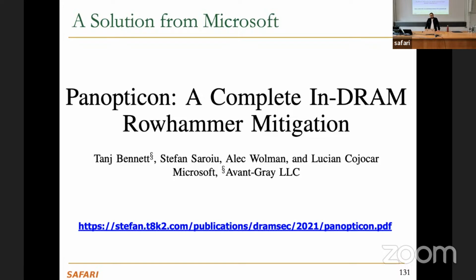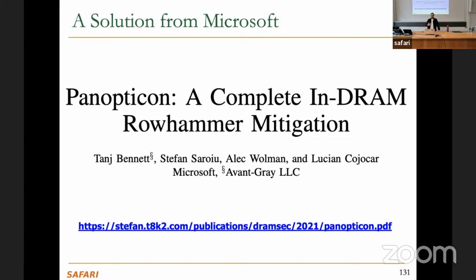It's published in a workshop called DRAMSec. That's pretty much showing the state of the art in RowHammer for the past several years in the workshop itself. It's a workshop co-located with the ISCA conference, which is one of the top conferences in architecture. So in this paper,